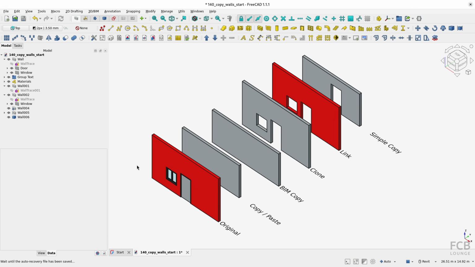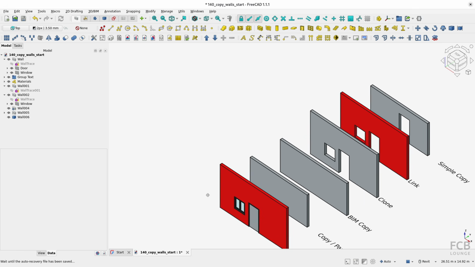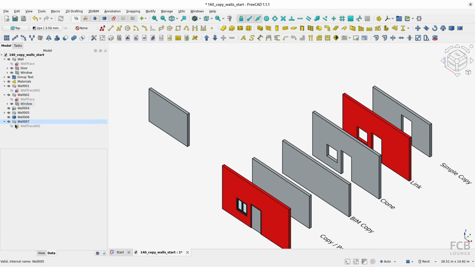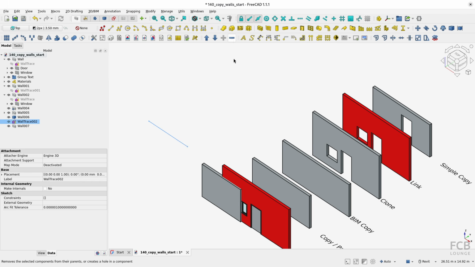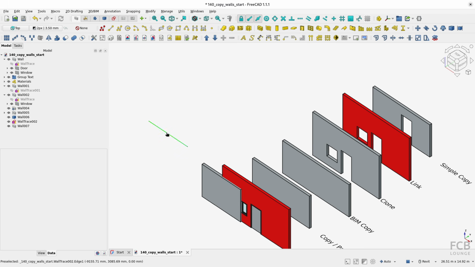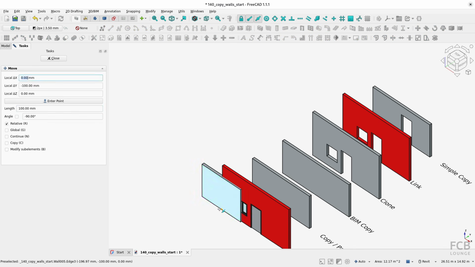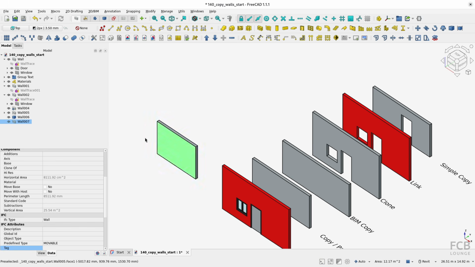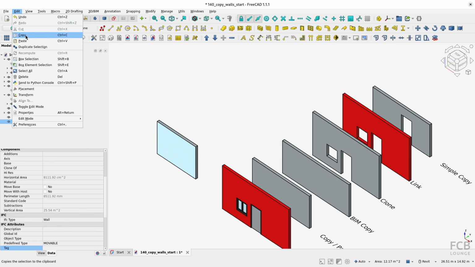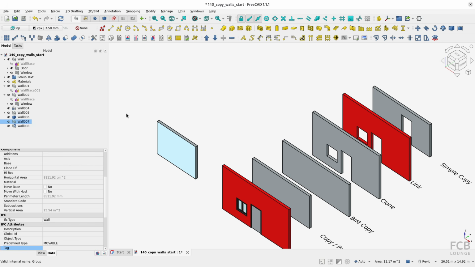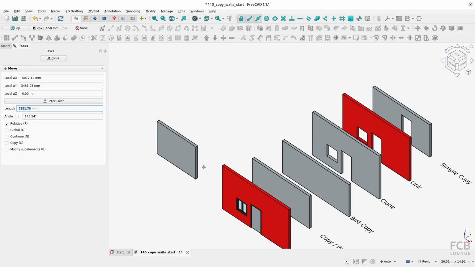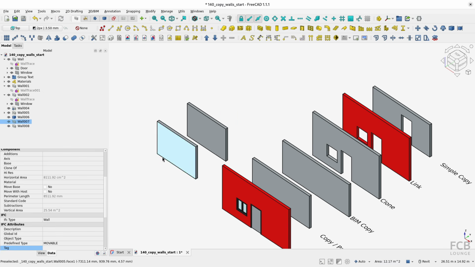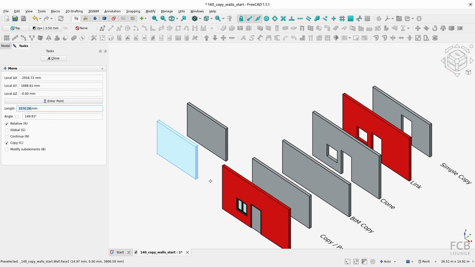Now let me show you another use case, and that is a baseless wall. So I will create a wall here and I will actually remove the base, so it's a baseless wall. I will now delete this base and move this wall up here. And let me now show you if I copy paste it. So I will copy and paste it. And then it's pasted in the same place, so I have to move it. So I will again move it 3000 millimeters. And now I also use the BIM copy command,